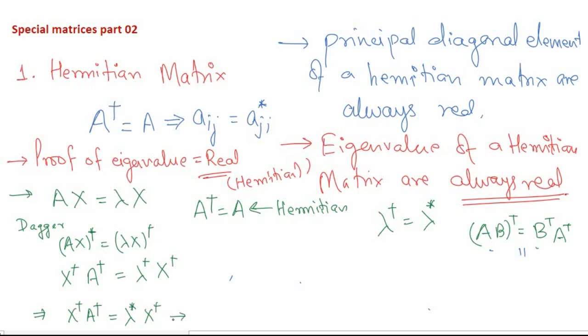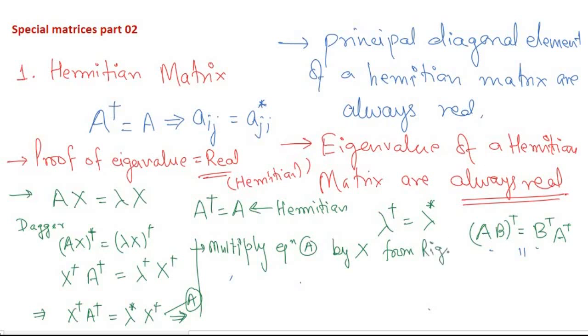Okay, now we have come to this equation. Let us call it A. Multiply equation A by X from the right side. In matrix multiplication there are two types of multiplication, one from the right side and one from the left side. So multiplying from the right-hand side we will get X transpose A transpose X is equal to lambda star X